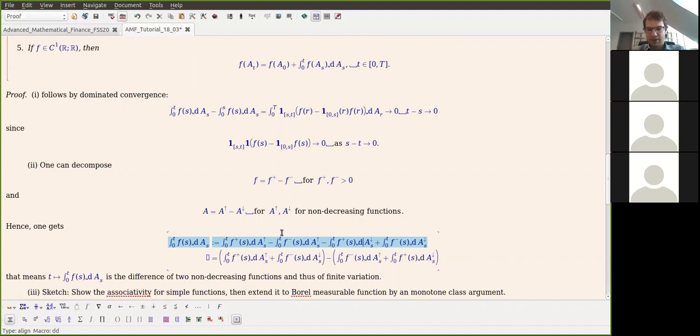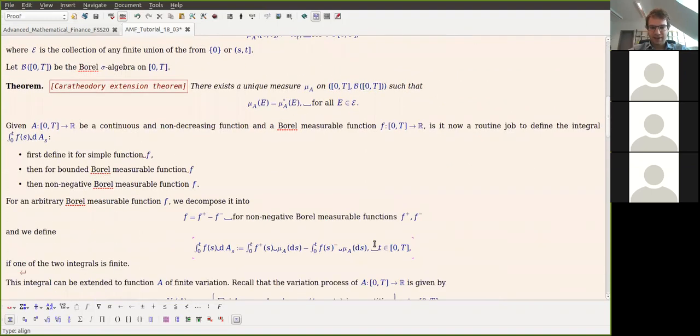So this is in the end the definition of the Lebesgue-Stieltjes integral, right? You integrate the positive part with respect to the upwards movement, then you subtract the negative part integrated with respect to the upwards movement, and then you have the positive part integrated with respect to the downwards movement, which is a minus, and then you have the negative part and the downwards movement, which is minus minus, so you have a plus again. So this is just spelling out the